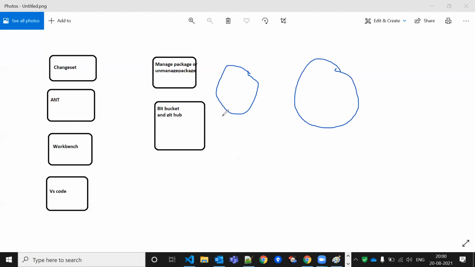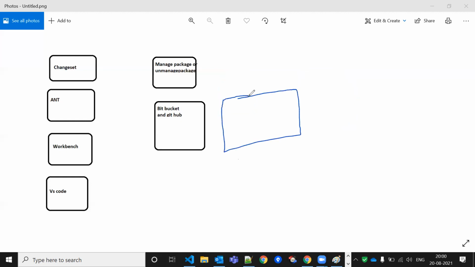What is an object? Let me just tell you, because some are new to Salesforce. An object is a database where we can store the data, where we can store the information of the customers. This is a database where we can store the information of customers. After storing the data, we can say this is our custom object. Before storing the data as well, we can say this is our custom object, this is our standard object.